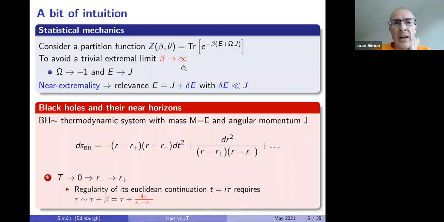For simplicity, I focus on a partition function that depends on two chemical potentials. Beta is 1/T, so it's the inverse of the temperature in some units. And let's pretend that J is the angular momentum, because that's what I will be discussing in the Kerr discussion. And there is this angular velocity or chemical potential. Now, what I mean by extremal limit is taking the temperature to 0,